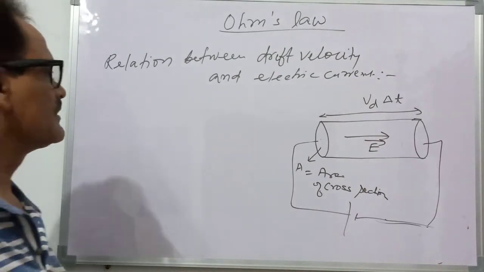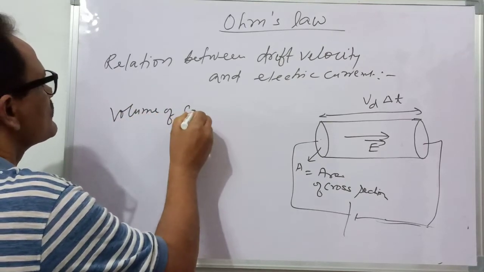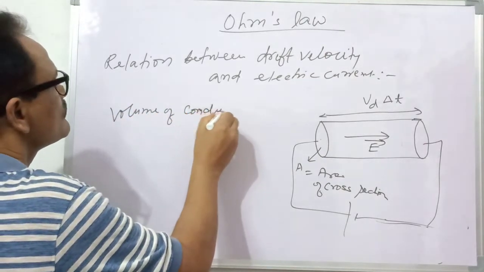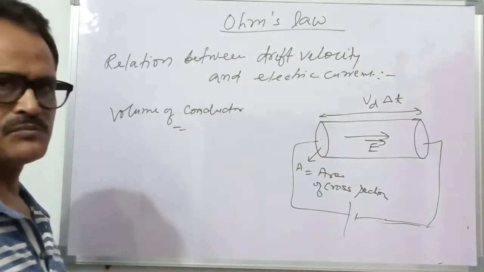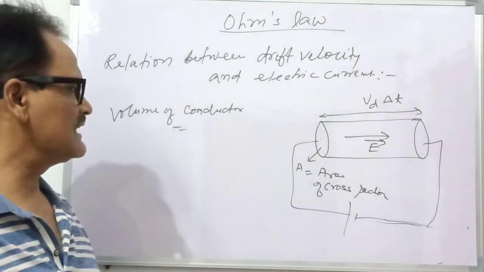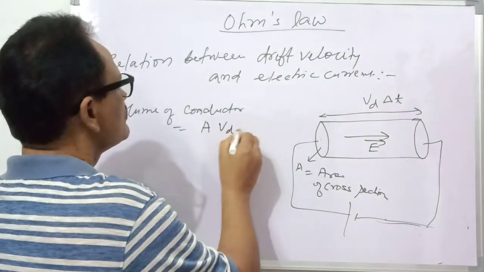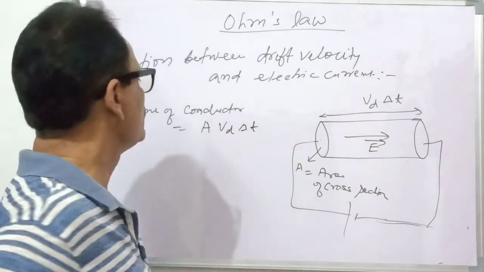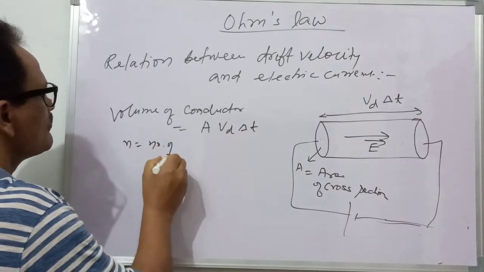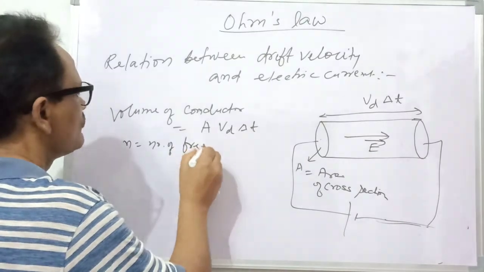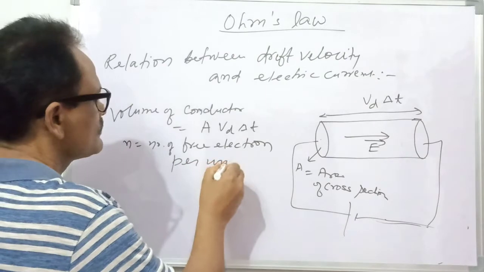At first, the volume of the conductor is equal to, since it is in the shape of a cylinder, area into length. So area is A and length is Vd delta t. This is the volume, and if n is the number of free electrons per unit volume,